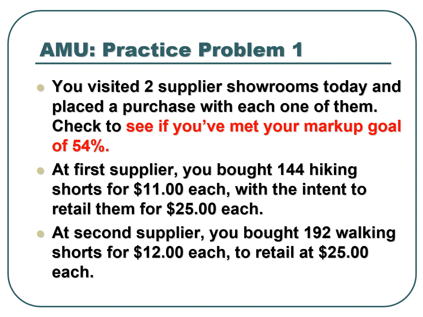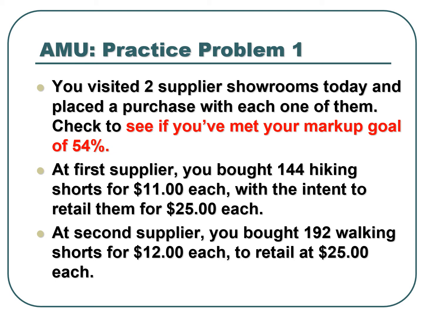Okay, so let's practice calculation of the AMU percent with this practice problem. Let's say we're a buyer and we visited 2 supplier showrooms today and placed a purchase with each one of them. Let's see if we've met our markup goal of 54%. Let's say our AMU percent goal is 54%, and let's see what our actual AMU percent is and see if that matches our goal. From the first supplier, we bought 144 hiking shorts for $11 each, and so the $11 will be the unit